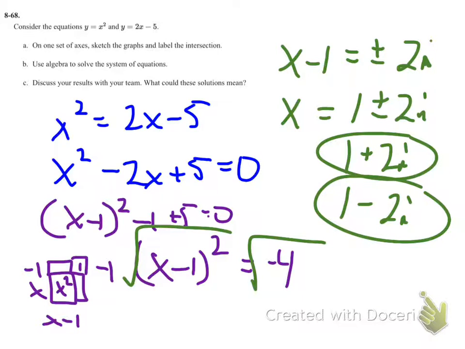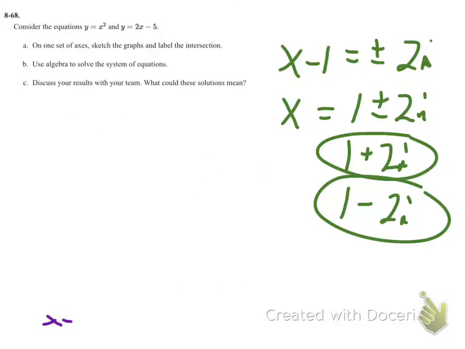Since this is a system of equations, that means I need to solve for both x and y. So if I know what my solutions are for x, and I have two of them, I need to figure out what is the solution then for each one for y. So if I look at this one first, 1 plus 2i, I can substitute into either one of these equations to solve for y. I'll take one of them and put it in for this one. So I'll just start off with that, just so I can show you what that looks like. I'll take the other one and put it in for that one and take a look there. So if y equals x squared, that would be y would equal